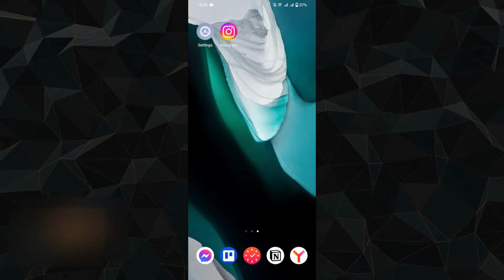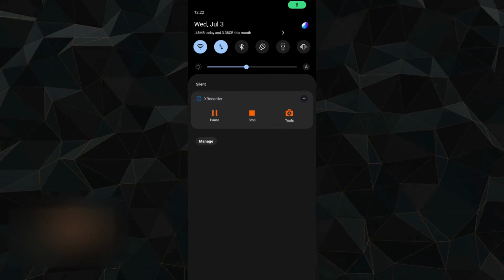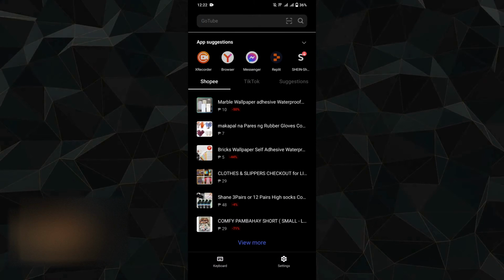So the first one would be, you need to reconnect your Wi-Fi, turn it on and off. If it doesn't work, you can turn on your mobile data, and if it doesn't work, what you need to do is